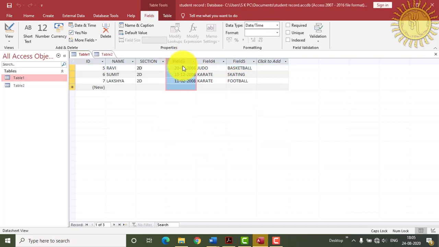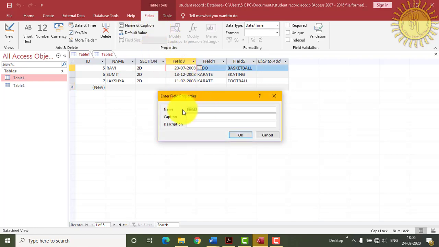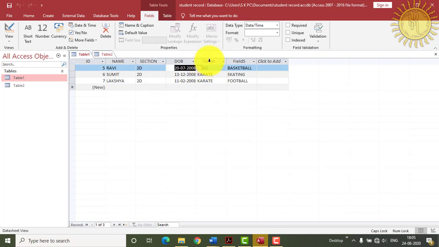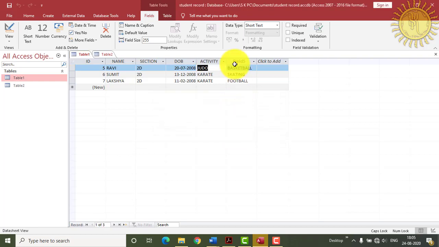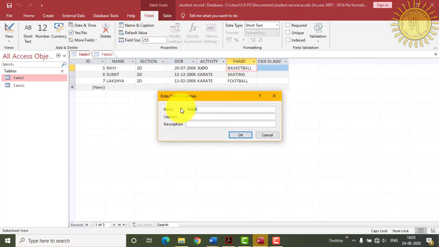Okay, then again click on this field, go to the name and caption and type date of birth. And then click on this again, same, type the activity, and in this there will be sports.